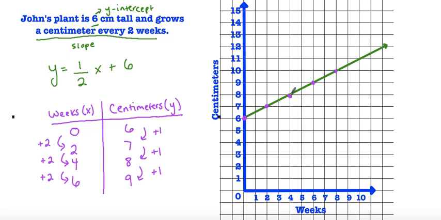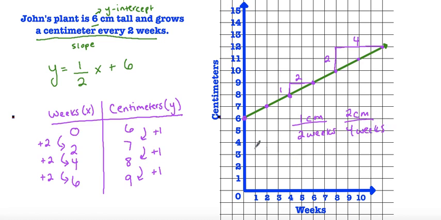If I find the height that the plant grows and the time that it grows, you'll see that our point here, from here to here, increases by 1 centimeter in the span of 2 weeks. So if I were to pick another 2 points that were further away from each other, you'll notice that the plant grows 2 centimeters within 4 weeks. And you'll notice that 1 centimeter in 2 weeks is equivalent to 2 centimeters in 4 weeks,